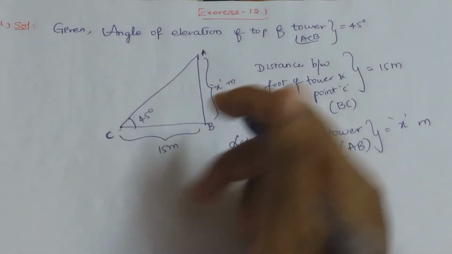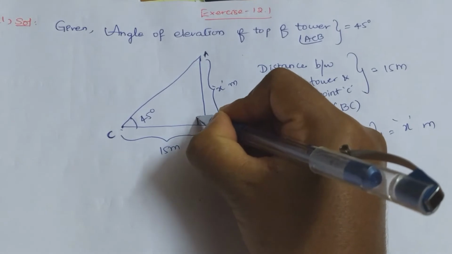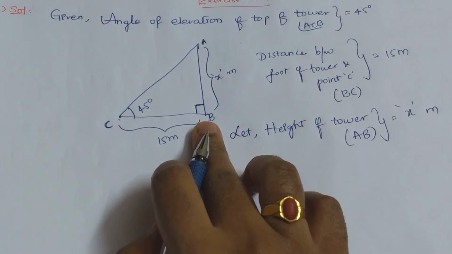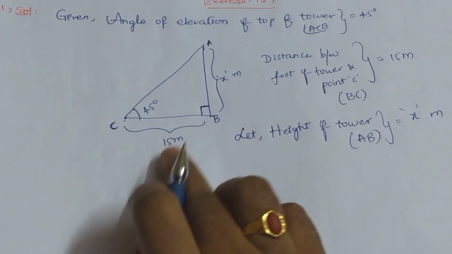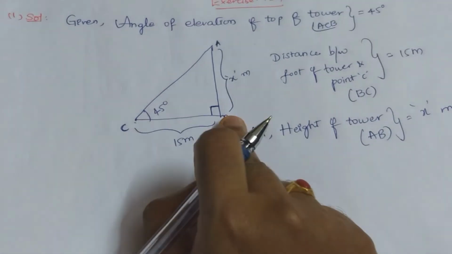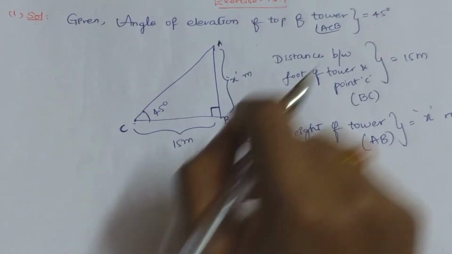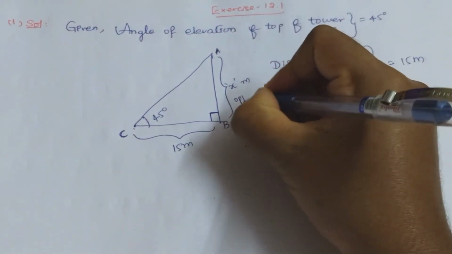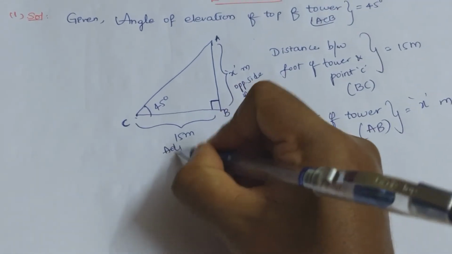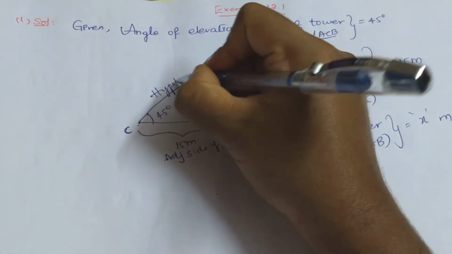Now, since the tower is linear, I told you that while drawing the assumption, the triangle formed here is a right angle triangle. In a right angle triangle, if one of its angles is known, then how can we name the sides of the triangle? So this becomes the opposite side of angle C, this becomes the adjacent side of angle C, and this becomes the hypotenuse, correct?